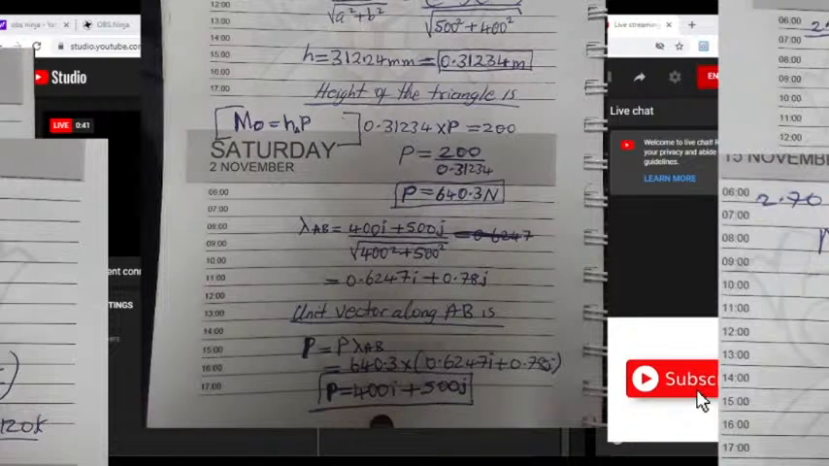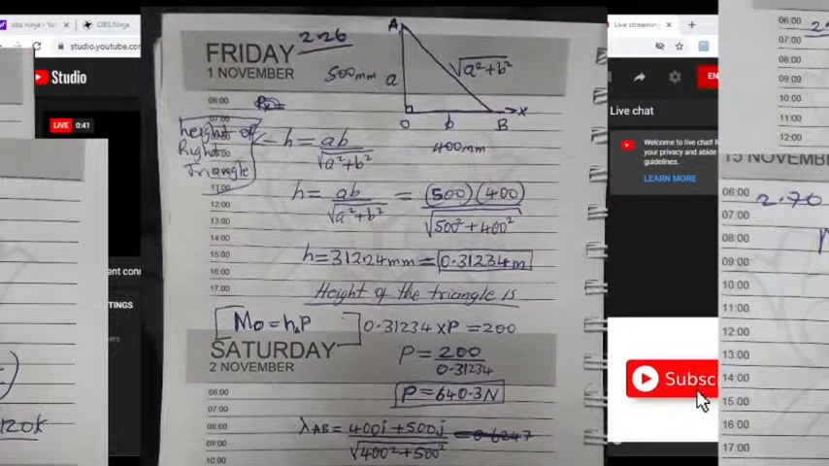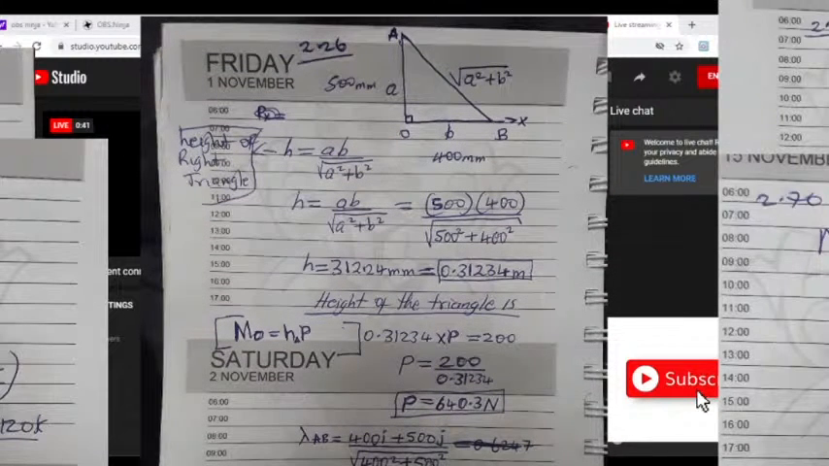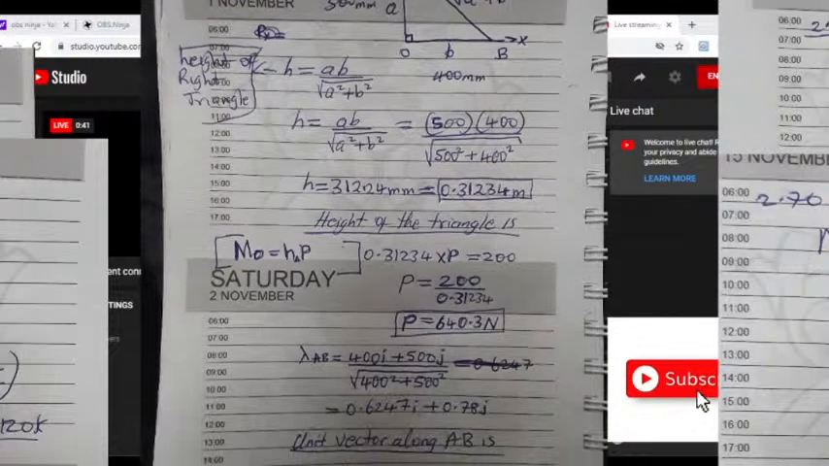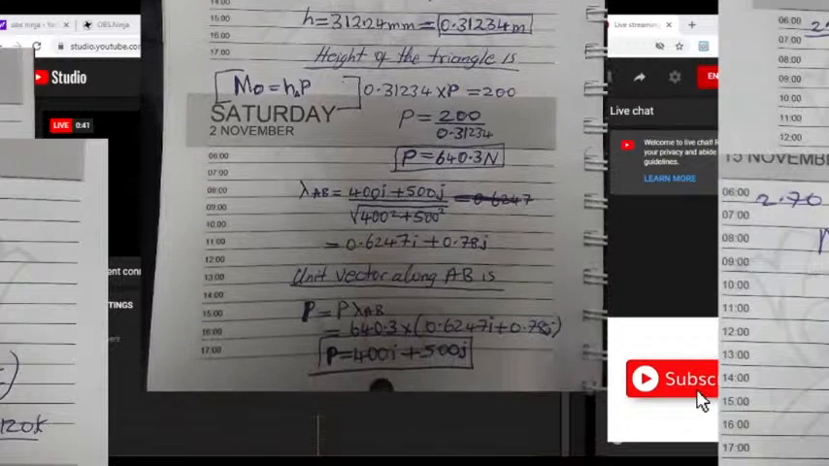For that magnitude, now we are going to calculate the unit vector along AB. Remember, that's where P is, because it has to hit in between there. It is acting there in between, so that's where it is hitting between A and B. So we take that P